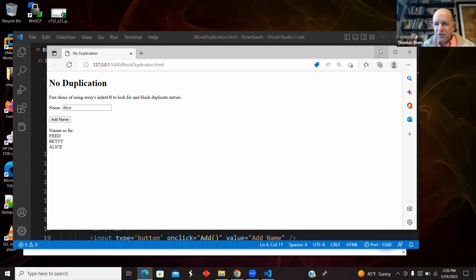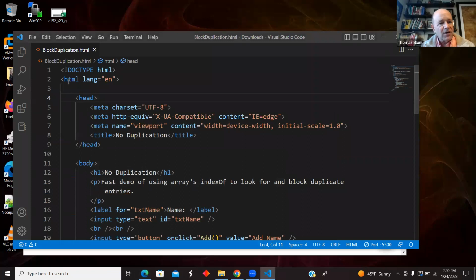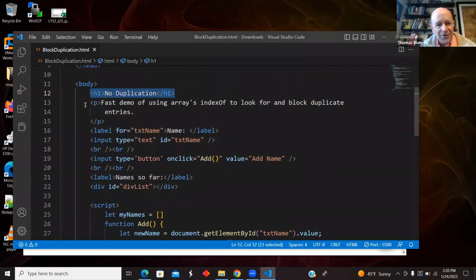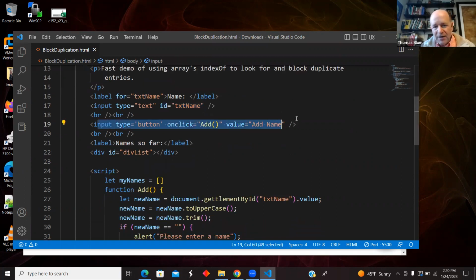So I'd like to show how I got that. Okay, so basic HTML page, head and title, header, paragraph. Here's my label and my text input for entering the name. The for of the label matches the ID of the text name. That's just for screen readers. Here's my input of the button type, and I'm doing an old-fashioned basic onclick and calling an add function. What's written on the button is the value, add name. And here I have just a label, and here is a div where I'm going to put the names